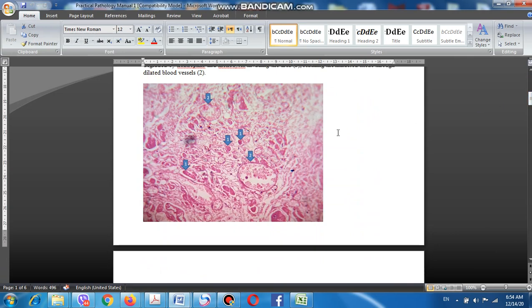This is another photomicrograph of the same case, and as you can see here, there are necrotic cells, remaining necrotic cells. These are remaining necrotic myocardial cells, with dilated blood vessels and